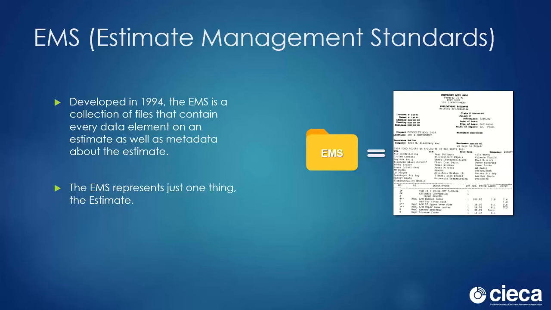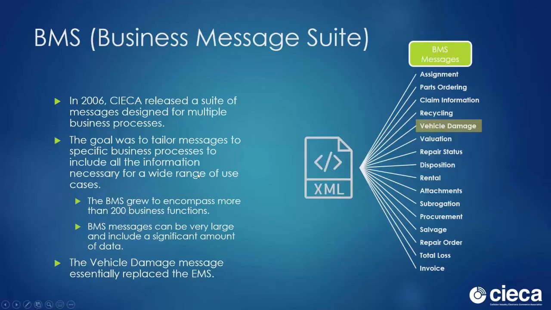People realized the power of this ability and started using the EMS for everything, which became problematic. EMS files started being shared broadly across the industry, regardless of whether the recipient needed all that information or not. CIECA realized we needed a better approach to exchanging information that could be tailored to the business need. As XML came into usage in the industry, many realized it would be a better means of communicating between companies in the industry. The ability to build messages tailored for a specific purpose supported the industry's growing awareness of information privacy. It also allowed us to exchange messages as opposed to data files.